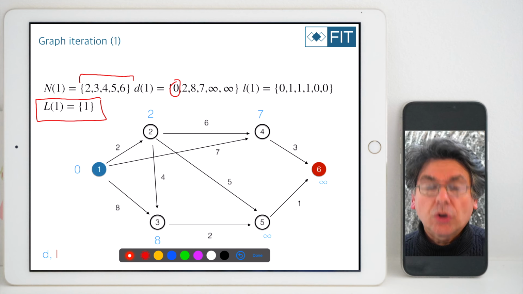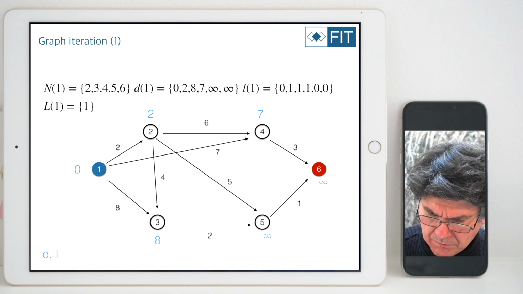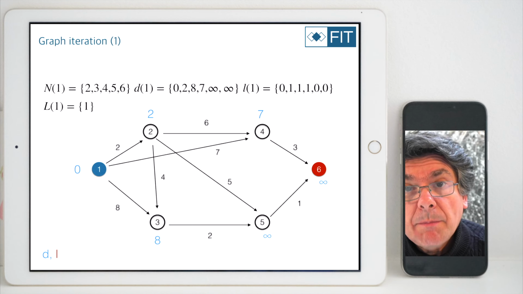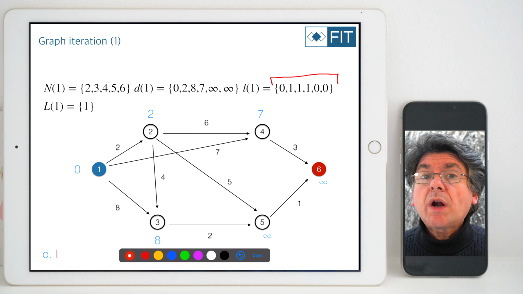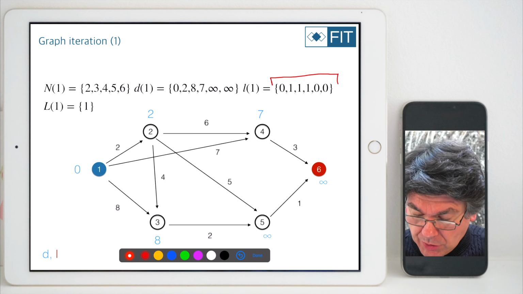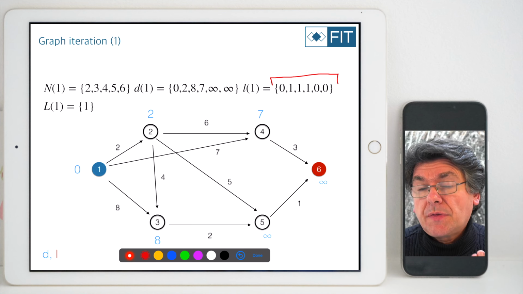Toronto is no longer there. We know that the optimal distance from Toronto to itself is 0. This is trivial, but this is how we get this algorithm on its way. And for our memory list, the one that tells us where we were prior to getting to that node from